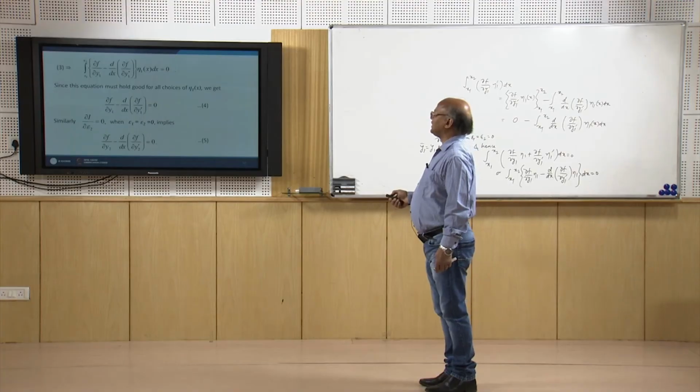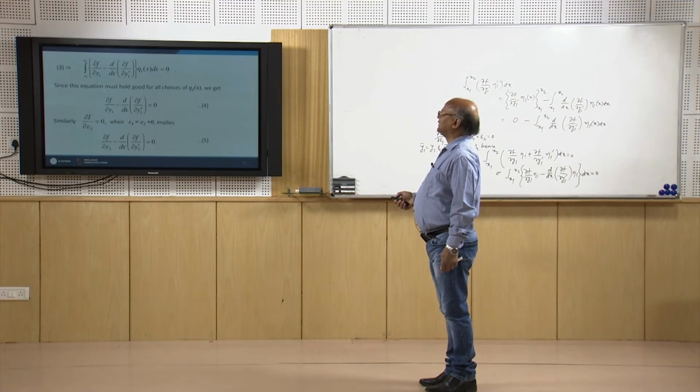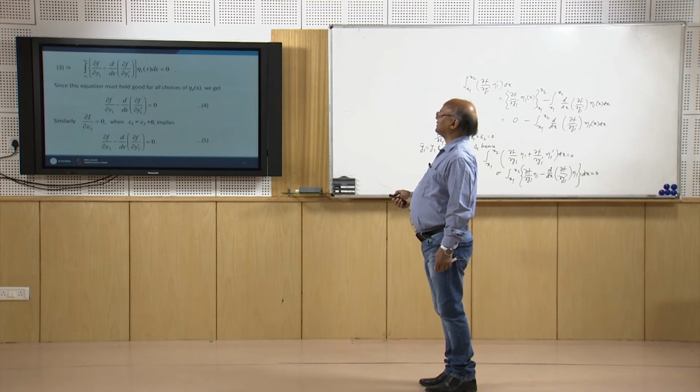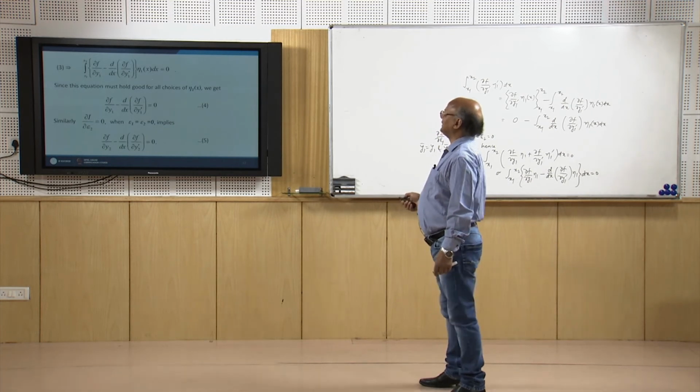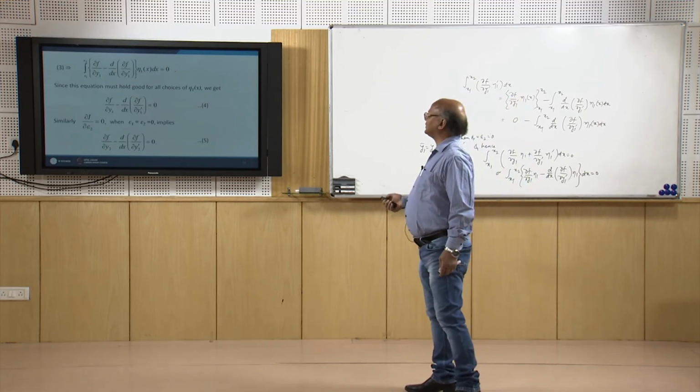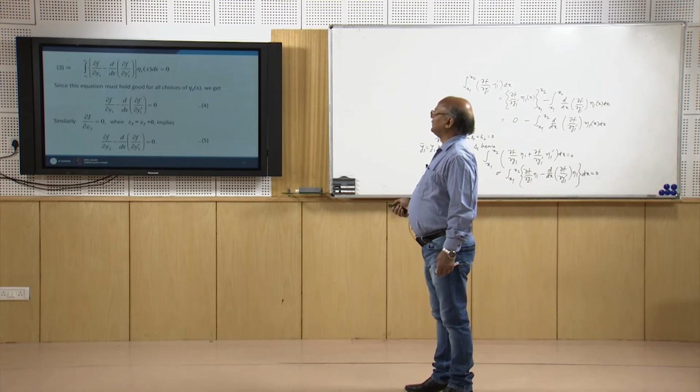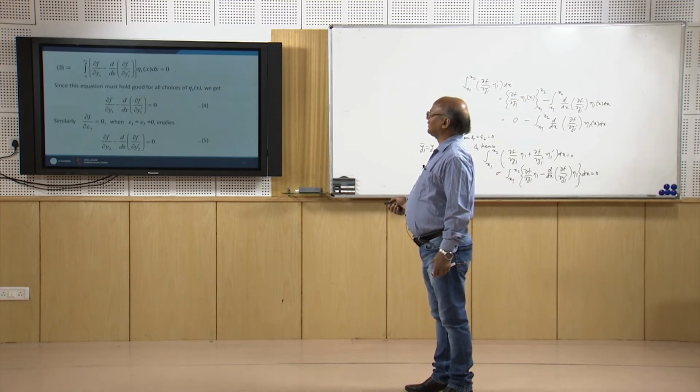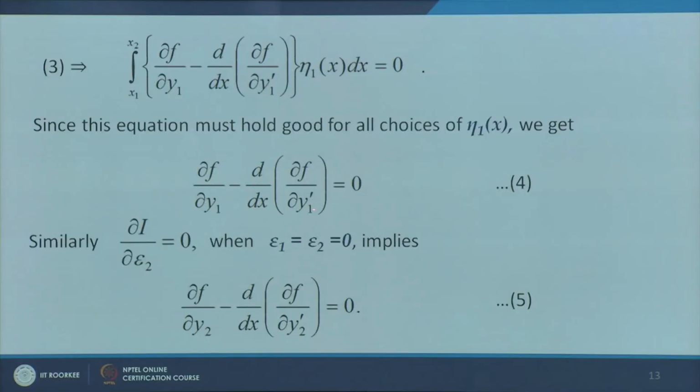Okay, so thus we have integral x1 to x2 of delta f over delta y1 minus d over dx delta f over delta y1 dash, multiplied by the function eta 1 of x, dx equal to 0. Since this equation holds true for all choices of eta 1 of x, therefore we must have delta f over delta y1 minus d over dx of delta f over delta y1 dash